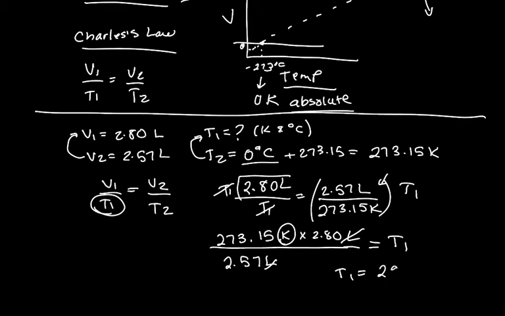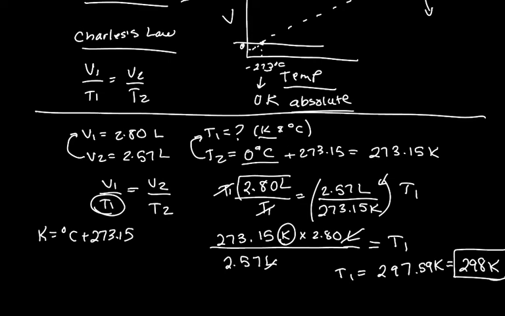273.15 times 2.8 divided by 2.57. So it should be 297.59 Kelvin. So we'll call that 298 Kelvin. Okay, so we've solved that in terms of Kelvin, but let us see how much it is in degrees Celsius. So remember, Kelvin is degrees Celsius plus